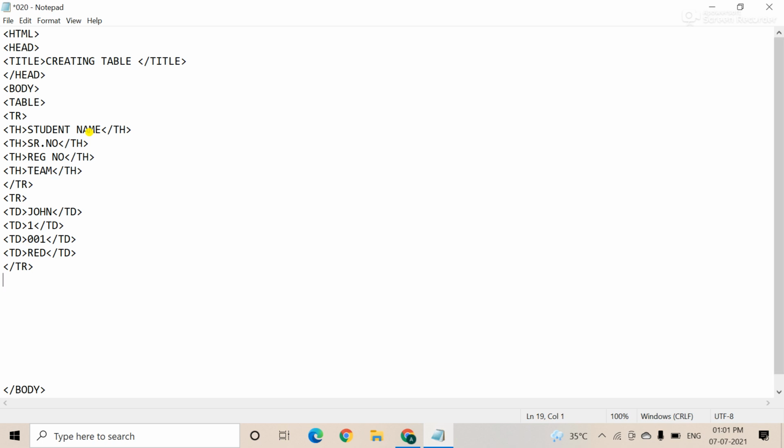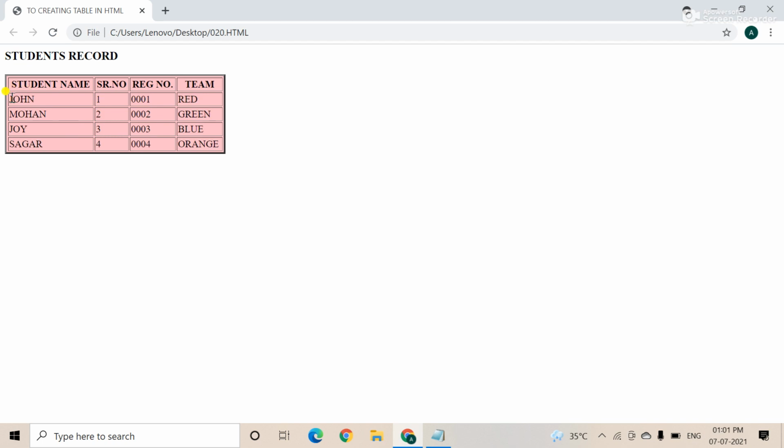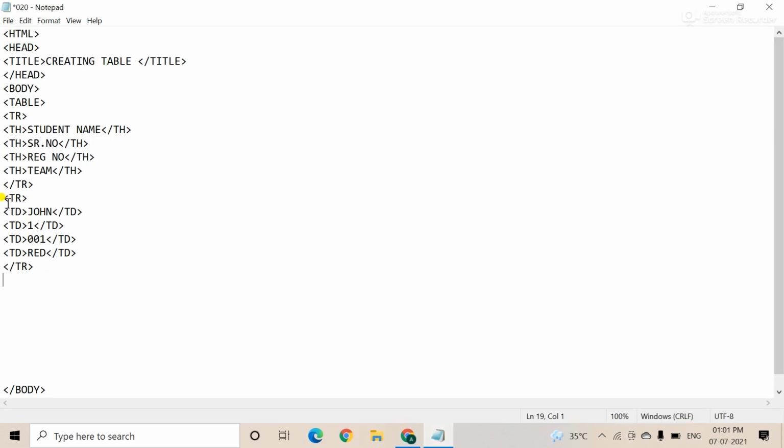Okay, so the first one is John, the serial number is 1, the registration number is there, and the team is there. Okay, now this is the first row of data after the heading. For the second row, it is not required to type again because it takes too much time.